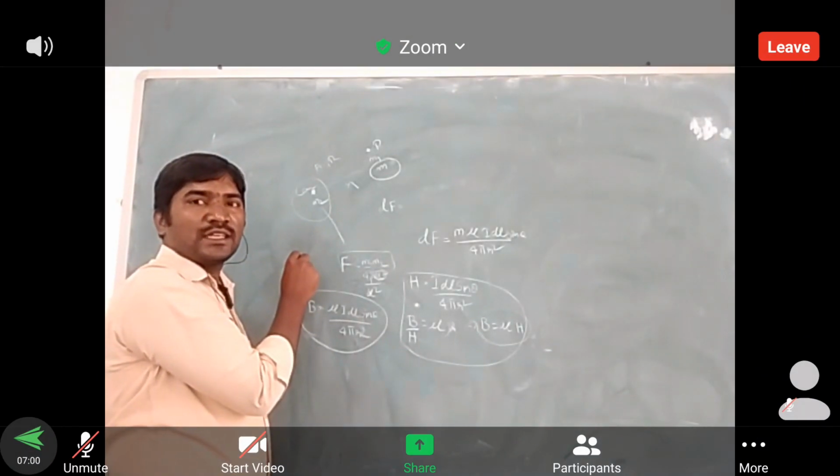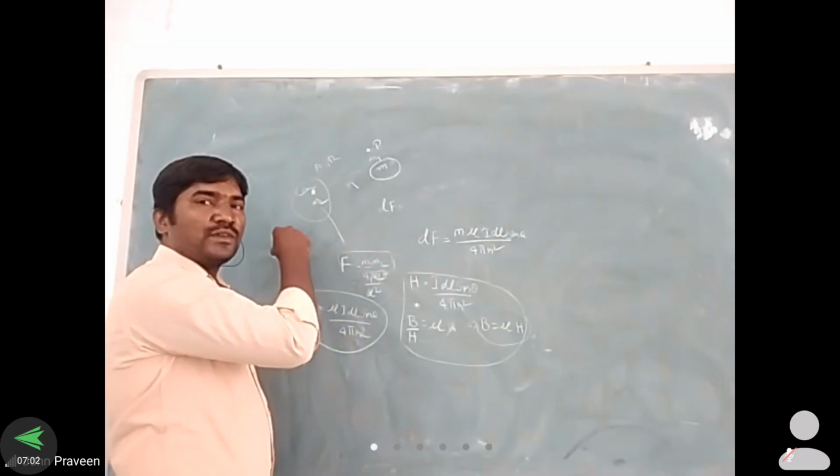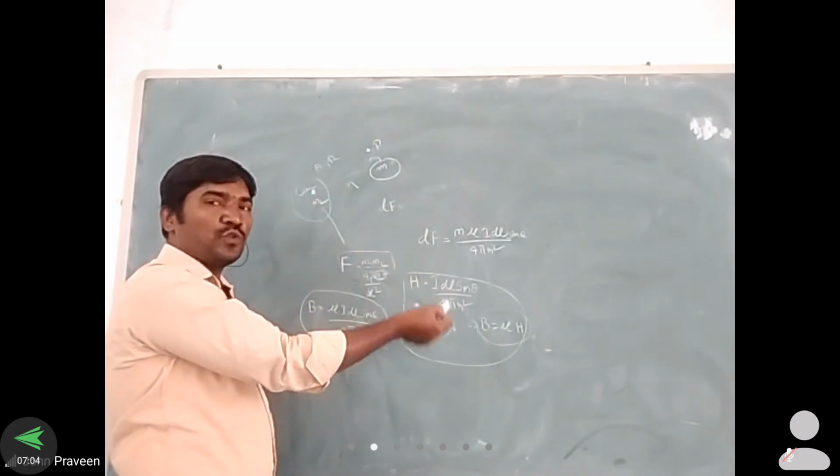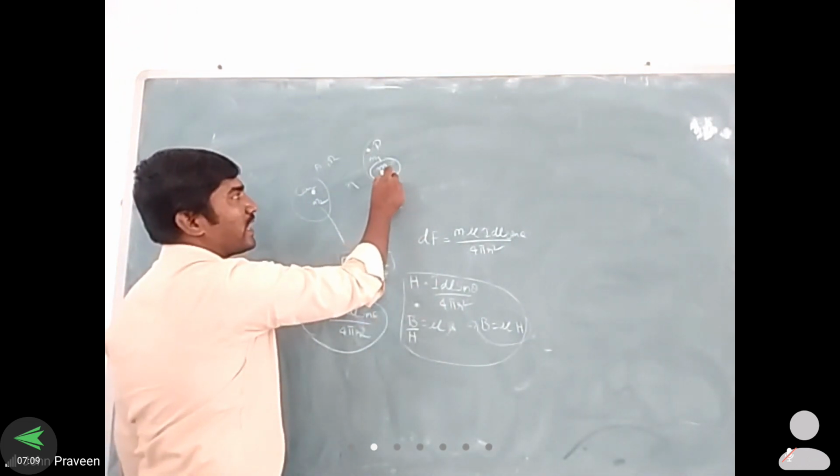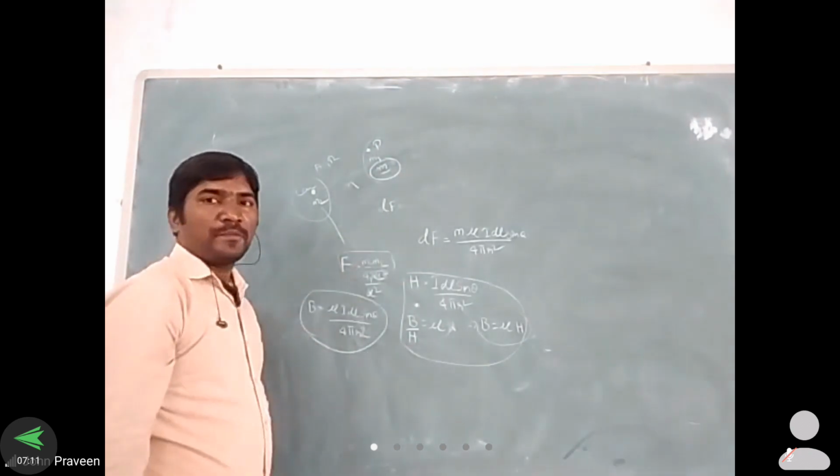But now what we need is the total field strength. What is the total field strength? It is nothing but the total force existence by means of the two things. Now what we got here, B is equal to mu into h, is only for the conductor. But what is the force existence between the two conducting points? What is the force strength at P? We are assuming it as a small m.